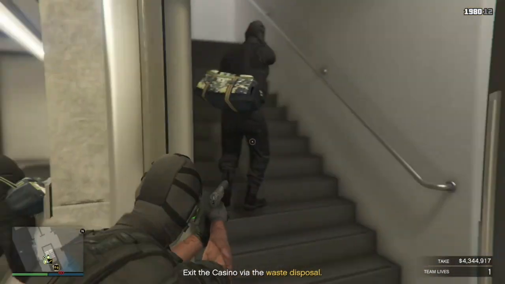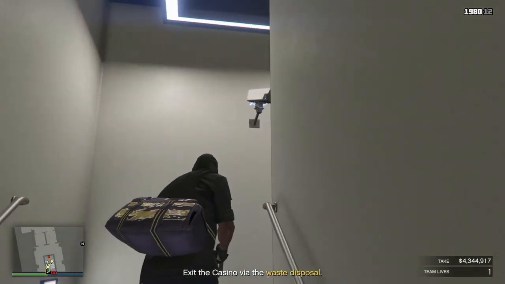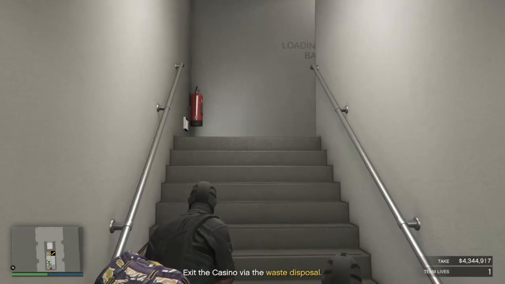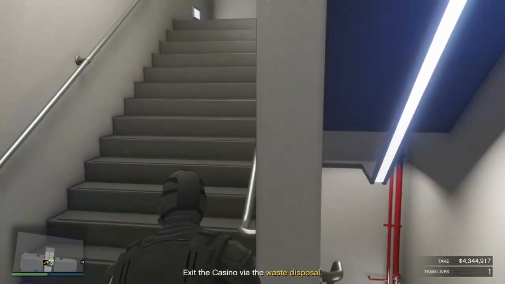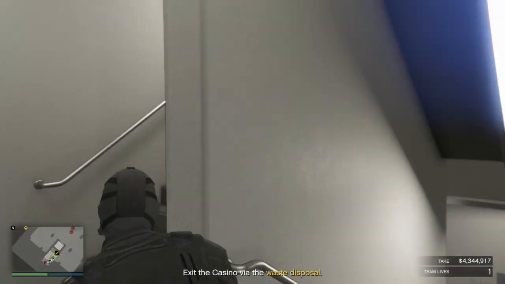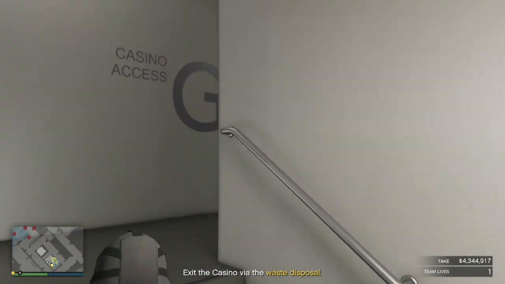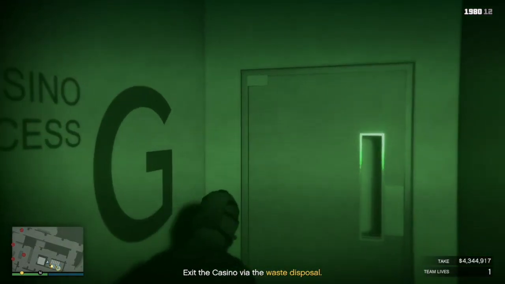Once your taser guy gets the camera in the stairwell, have the entire team proceed up. And whoever is the host of this heist, you want to go ahead and have them or yourself open up your phone and prepare to use the EMP. Once Lester starts talking, you want to go ahead and activate the EMP and proceed to the waste disposal through